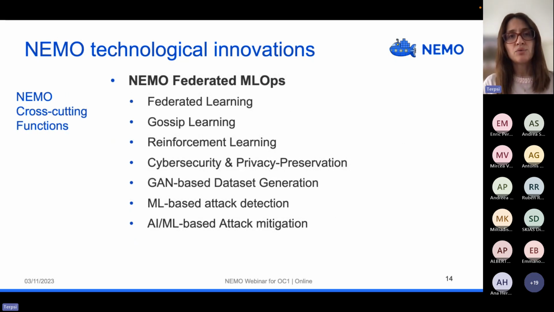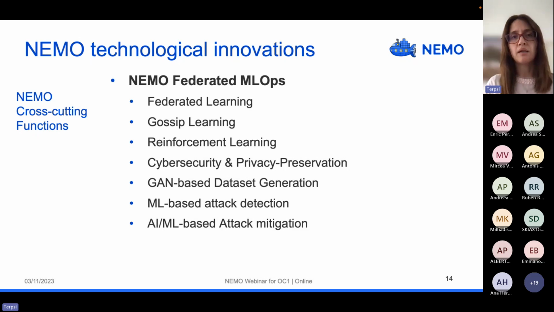As cross-cutting functions, we have three. The first one is federated MLOps, aiming to support machine learning development, deployment, and model sharing and serving in the continuum.